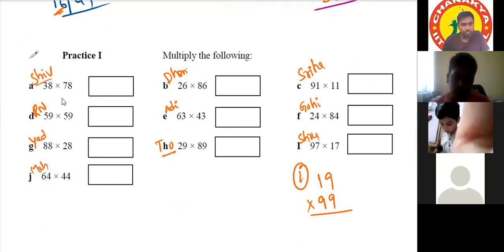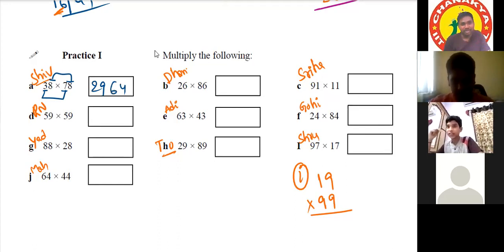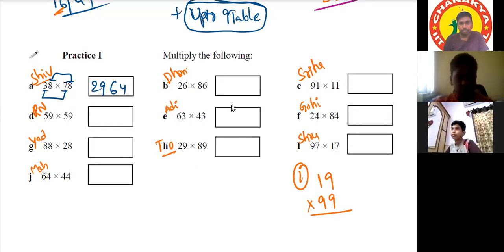Sir, first we should do 3 into 7 is equal to 21 plus 8 is equal to 29. Very good. And 8 8s are 72. No, 8 8s are how much? Sorry, sir, 64. Okay, I am telling not only Shobra, I'm telling all of you, be perfect with the tables up to 9. If you know up to 9 tables perfectly, then only big multiplications will be easy. That is the very minimum.